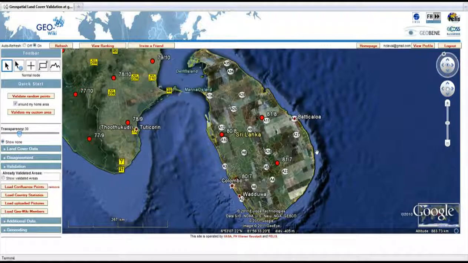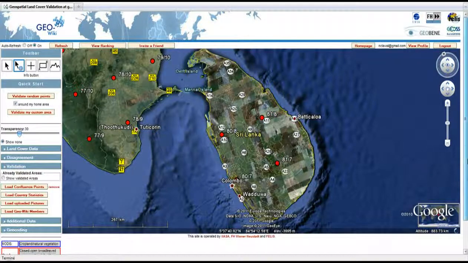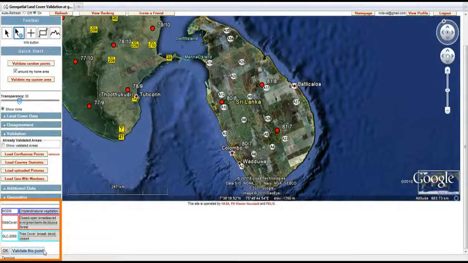For example, I show you now how to use the information button. You just click on the point you want to validate, and it reads out all the information of the land cover classes for the three different land cover products. Here, for example, already you can see that there is a disagreement. There is cropland in MODIS, closed open broadleaf evergreen semi-deciduous forest in globe cover, and tree cover broadleaf deciduous in